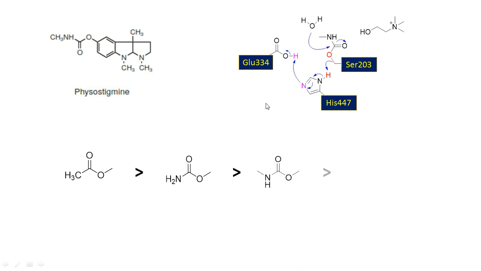If you follow the same logic, if you increase the nucleophilicity of the functional group over here, instead of methyl, if you keep NH2 or a primary amine or secondary amine, the nucleophilicity of the group increases. As the nucleophilicity of the group increases, the carbonyl carbon will become less reactive, or the positive charge on the carbon gets neutralized, thereby the ester bond becomes more stable. So this is the simple logic.